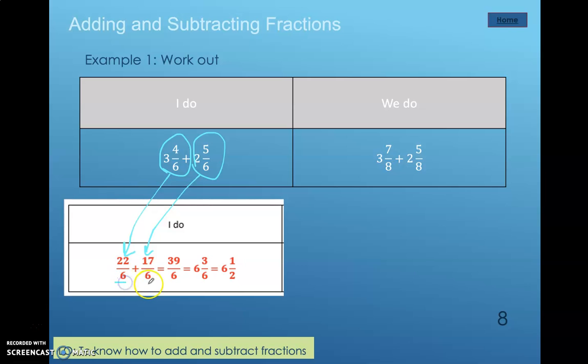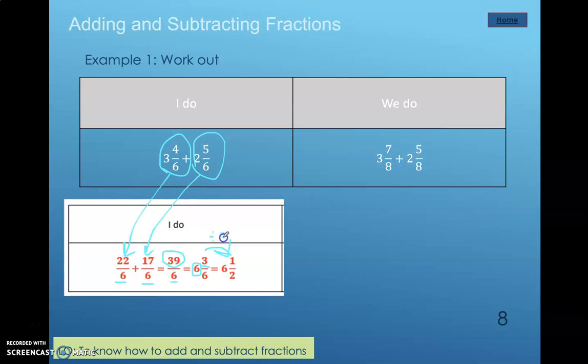Now that our denominators are the same, all we have to do is add the numerators. So 22 adds 17 gives you 39 sixths, and now we need to turn this fraction into a mixed number. So if we're cutting our cakes into 6 pieces, that means that we can get 6 whole cakes out of that, because 6 whole cakes would be 36 pieces, and then we have 3 pieces left because we have 39. So then we can divide and simplify further